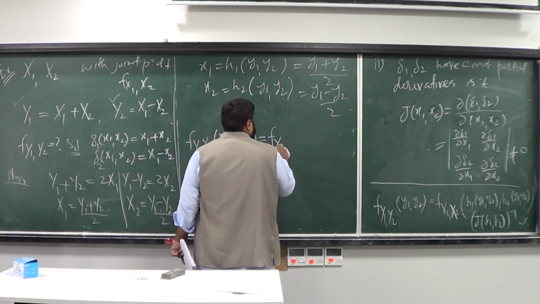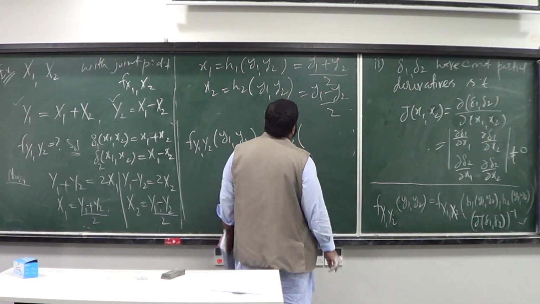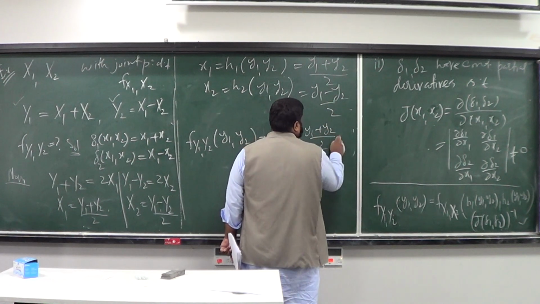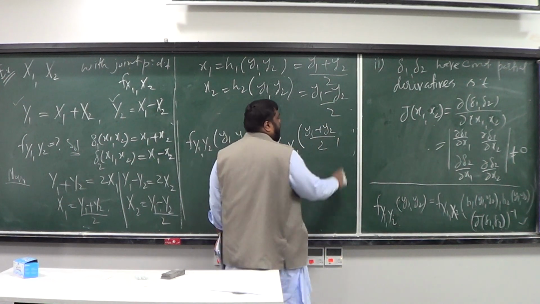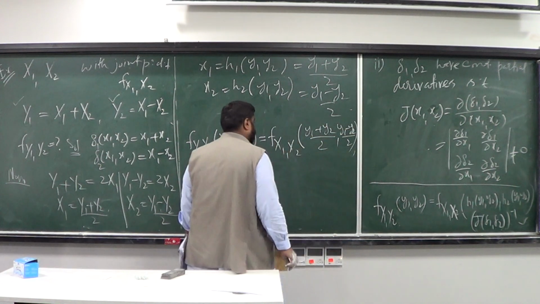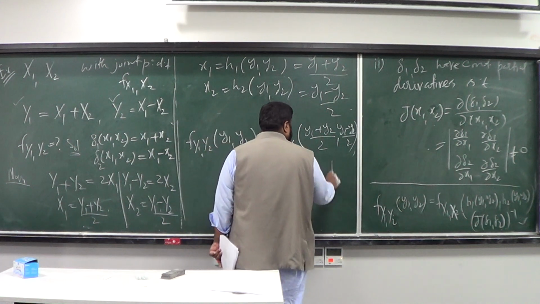So take your f x1 x2 and substitute h1, which is y1 plus y2 upon 2, and h2, which is y1 minus y2 upon 2, okay, and multiplied by the